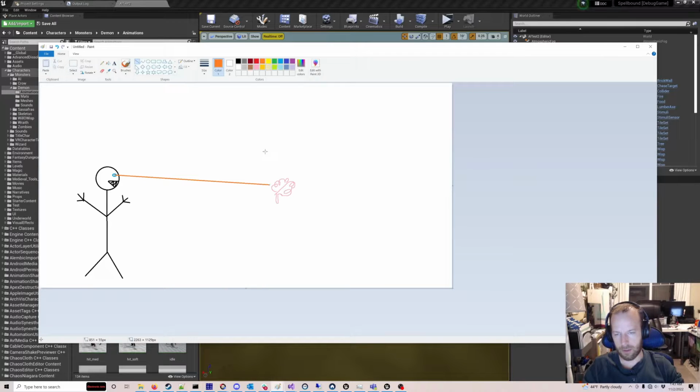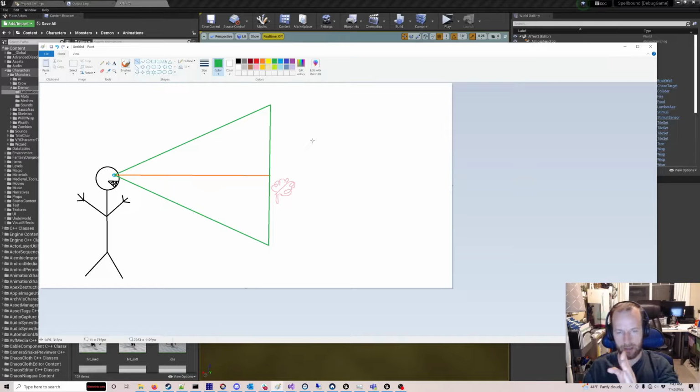So the initial intuition is to take that line of sight and create a vision cone. And this is where you run into a mistake, because if you think of this as a cone, you start to run into some actual problems. If we draw a cone like this from this line of sight, and you can think of this as a three-dimensional cone in 3D space, your cone is going to have a maximum